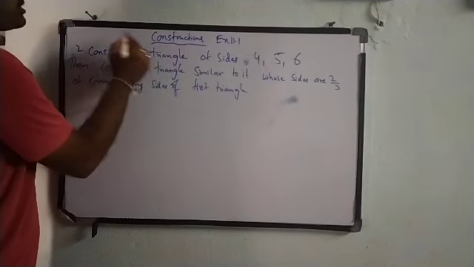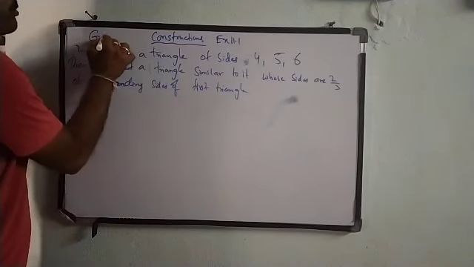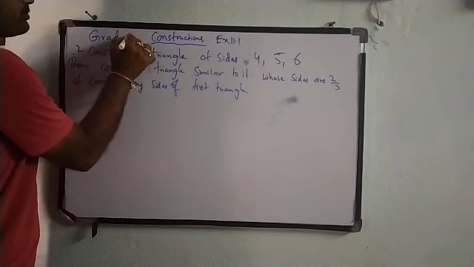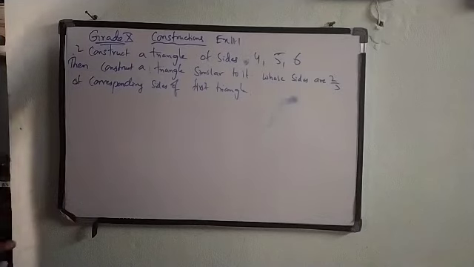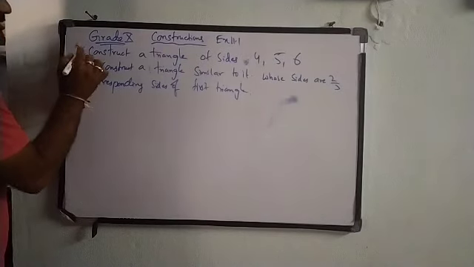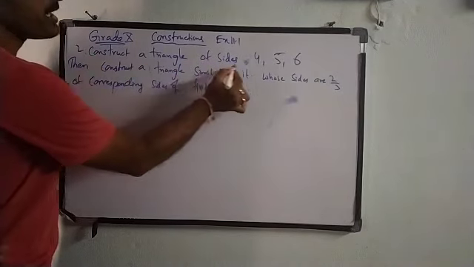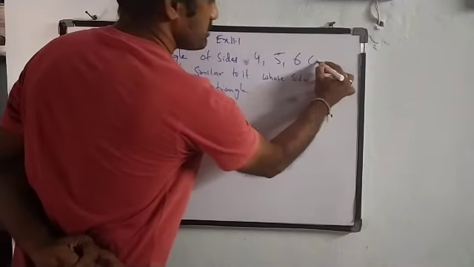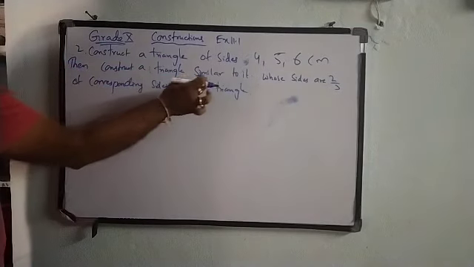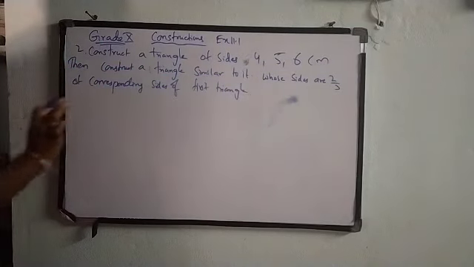Very good morning, students. Today we are going to learn a new chapter, constructions. So exercise 11.1, direct one question we'll see. The second question is: construct a triangle of sides 4, 5, 6 centimeters. Then construct a triangle similar to it whose sides are 2 by 3 of the corresponding sides of the